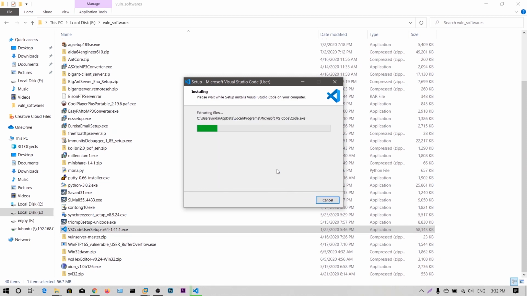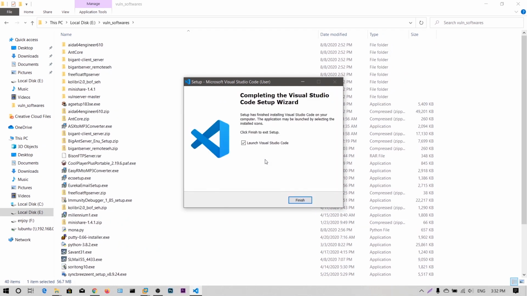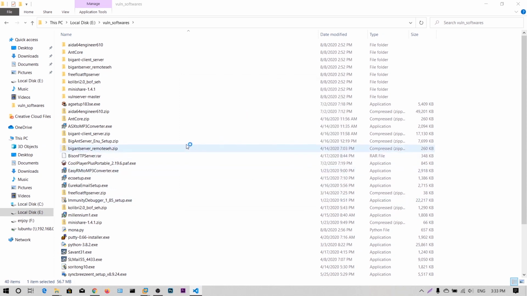Now click on install to install this one. Okay, now click on finish. Since I am going to launch Visual Studio Code, I don't need to uncheck this box.